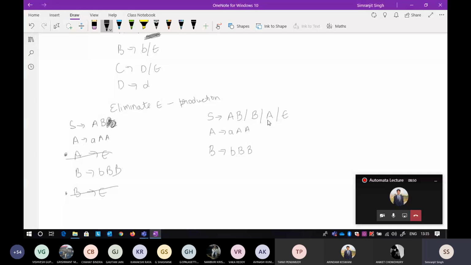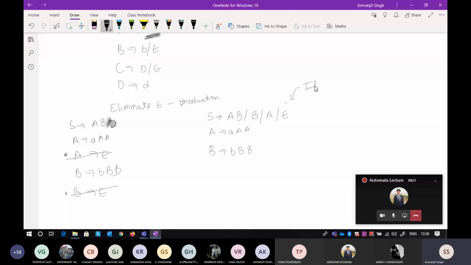I just want to tell you that if this is the scenario, there is no other way you can get elimination. You can eliminate the epsilon production if it arises in a non-start symbol, and I will tell you how to eliminate that. We have to follow the same thing. But if it arises in the start symbol, you cannot eliminate this epsilon production. So keep that in mind.